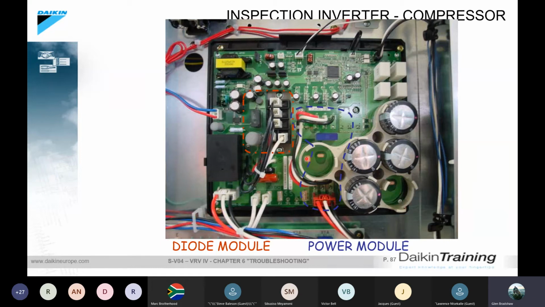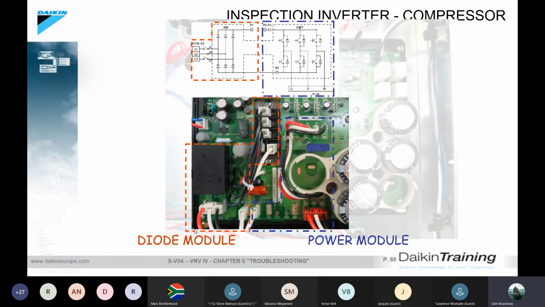Okay, so that when we test this over here, we're going to need to know what tests we need to carry out in order to determine which part of this PC board failed. Okay, so inverter